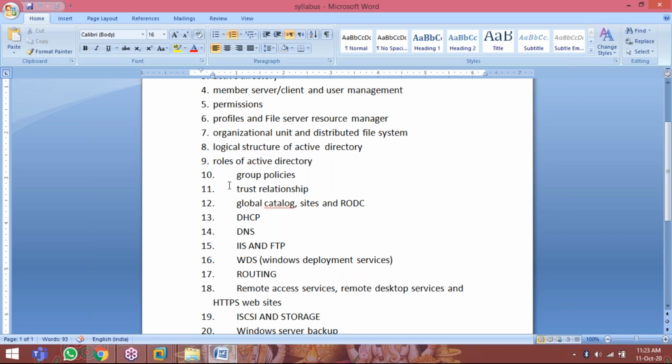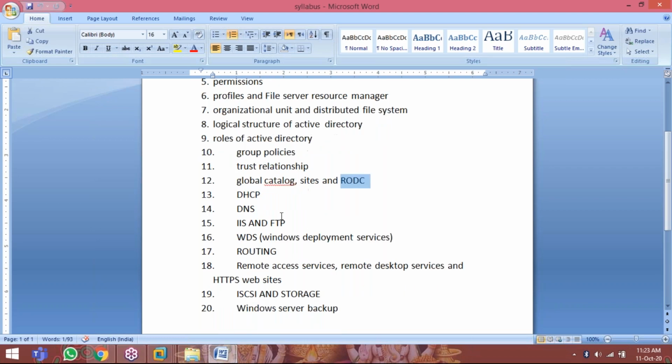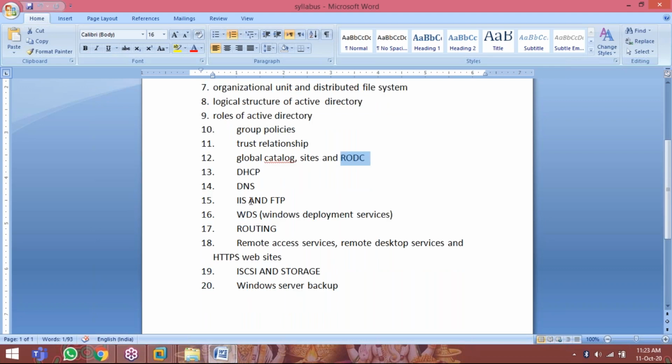How to configure that trusted relationship, one-way trust or two-way trust, we are going to discuss, and how to configure RODC. Already I told you, read-only domain controllers. Then DHCP server configuration, DNS server setup, web server setup, FTP server, WDS, Windows Deployment Services, how to install a number of Windows operating systems over the network, and routing and remote access.